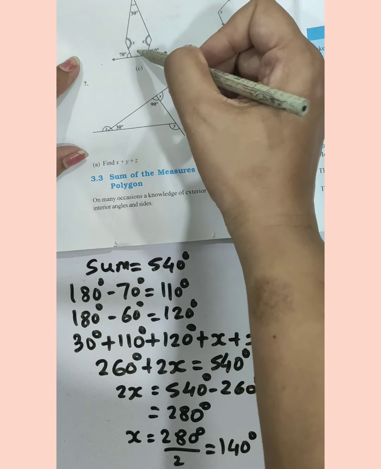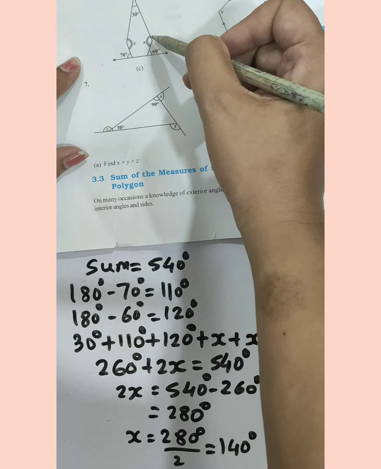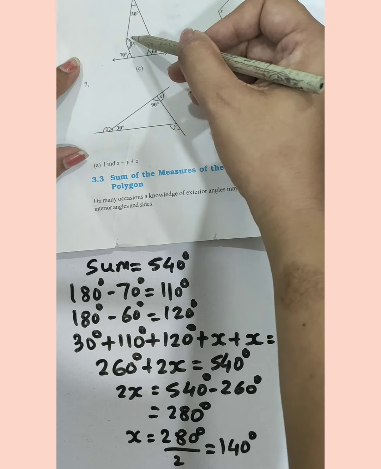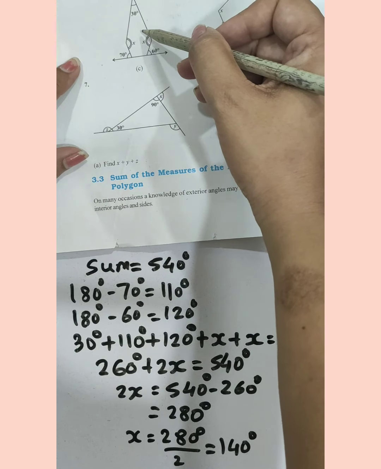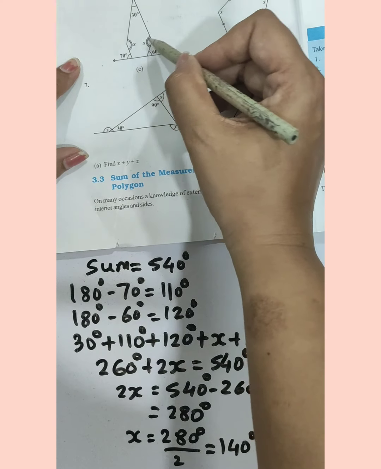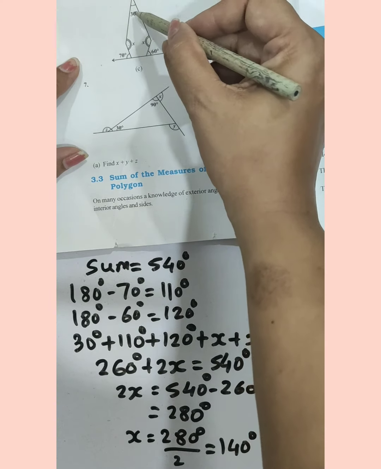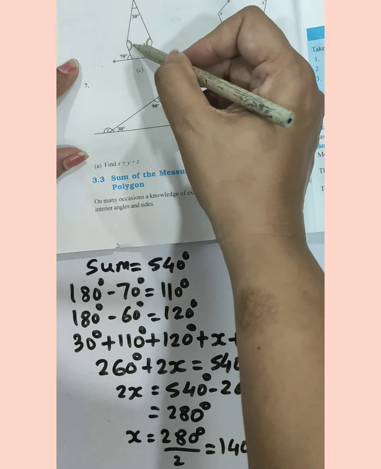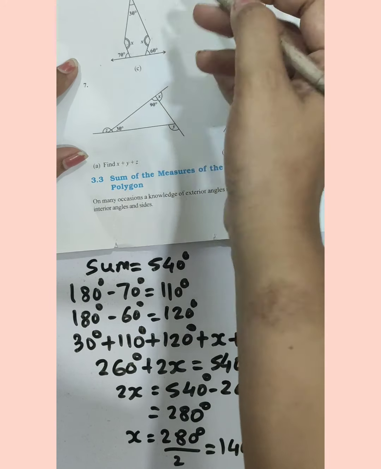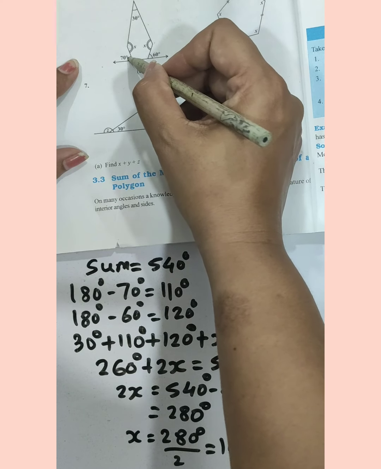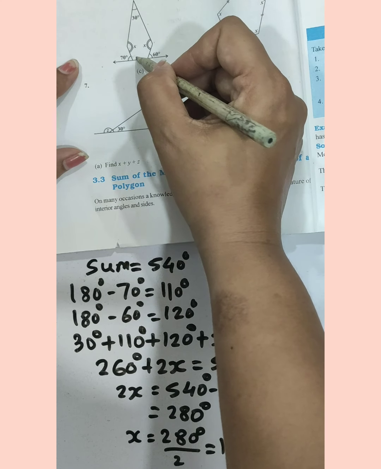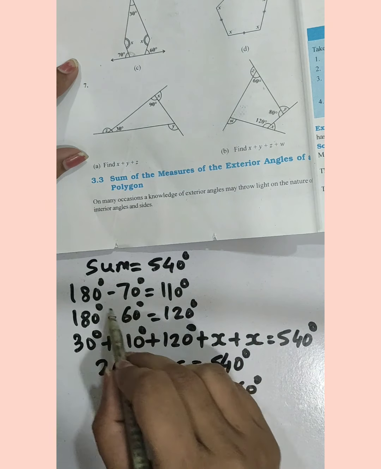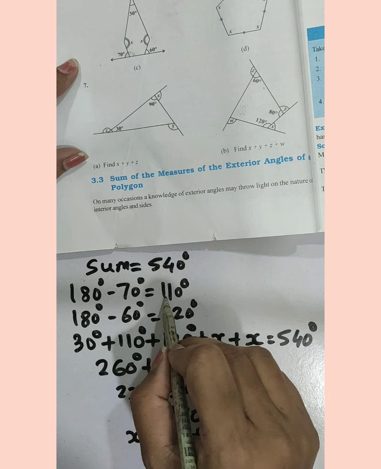Now in my third sum, as you can see, it is a 5-sided figure, so it's a pentagon, and the sum of all the angles of a pentagon is 540. Here 2 angles are given as x. This angle is 30 degrees, and we have to find these 2 angles so that I can find the value of x. Now as you can see, this is forming a linear pair, so I can find this angle by 180 minus 70, so I'll get 110.